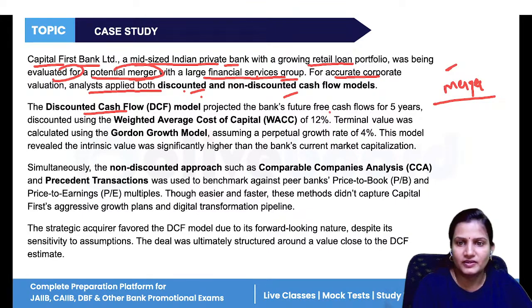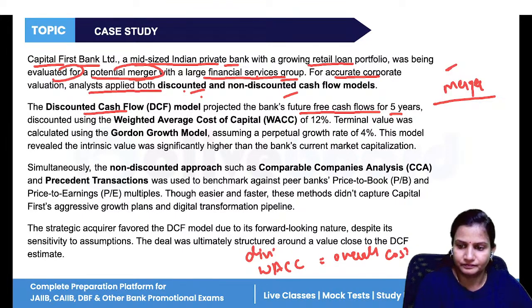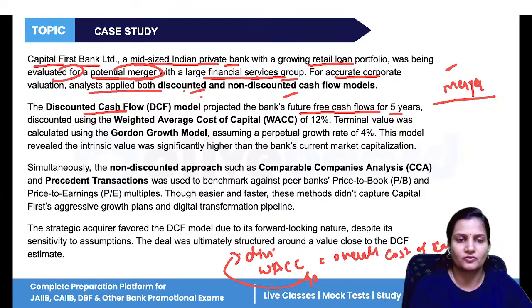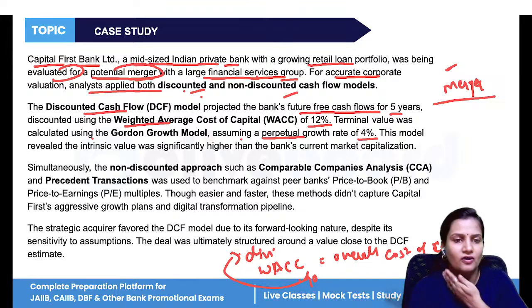Discounted cash flow will look at the future cash flows for 5 years. In discounting, we have different techniques. We do discounting with the help of the dividend model, and with the help of weighted average cost of capital, that is, overall cost of capital. And the Gordon growth model. Gordon is the same as the dividend growth model. So with the help of WACC, terminal value is calculated using a perpetual growth rate of 4%, the Gordon model, and